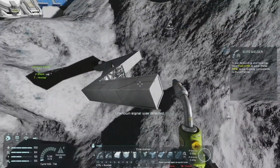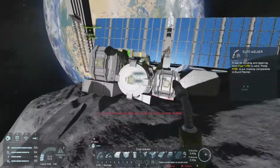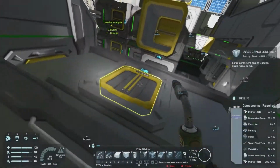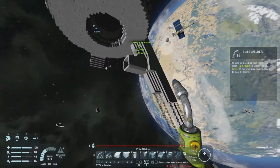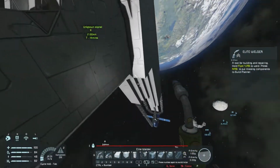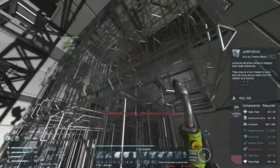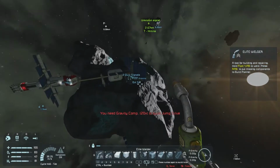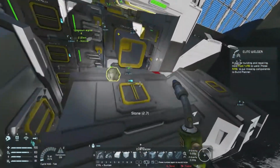I think that's far enough away from the asteroid to not get interfered with. So that should be fine. Alright, let me grab some more of these. These bad boys. The second one filled up. Excellent. This is now getting a bit more